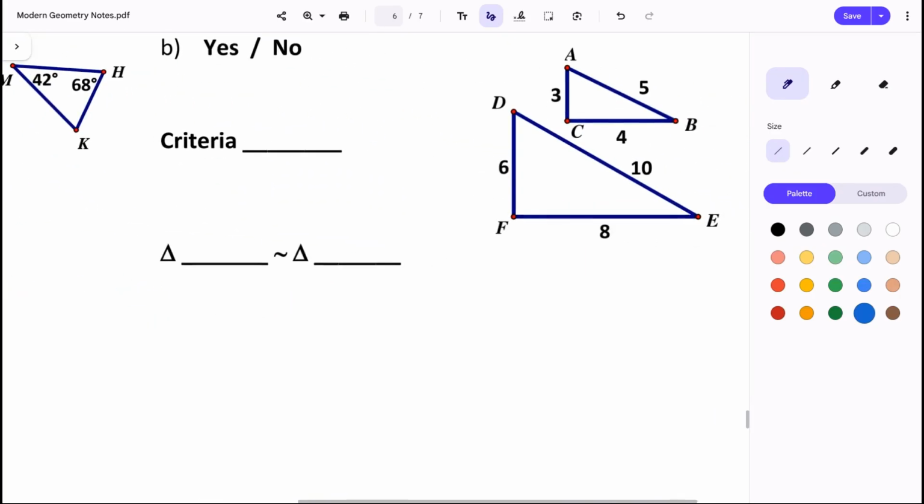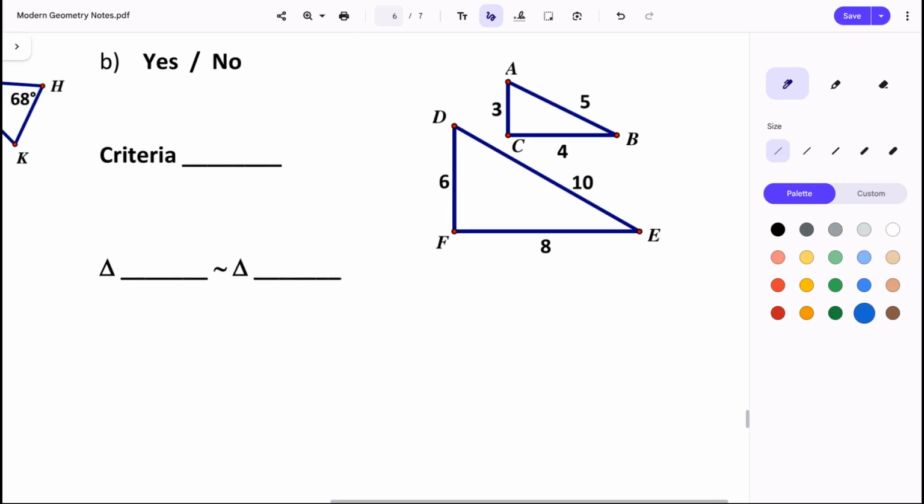How about for B? How do you know it's a yes? So you're already thinking of the proportion. Like you thought 3 to the 6, 5 to 10, 4 to 8. You could have also gone the other way. Okay, you could go 10 over 5, 8 over 4, 6 over 3 if you wanted to go that way. It doesn't really matter how you set up these proportions. So if we did that either this way,